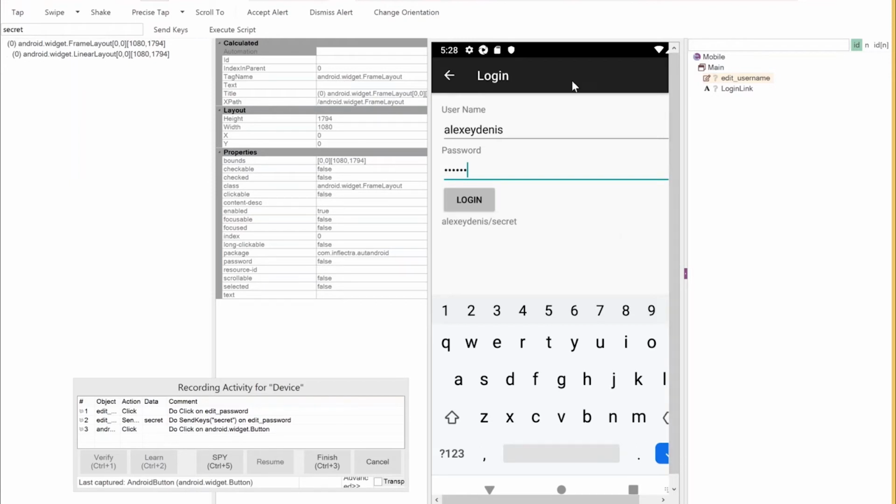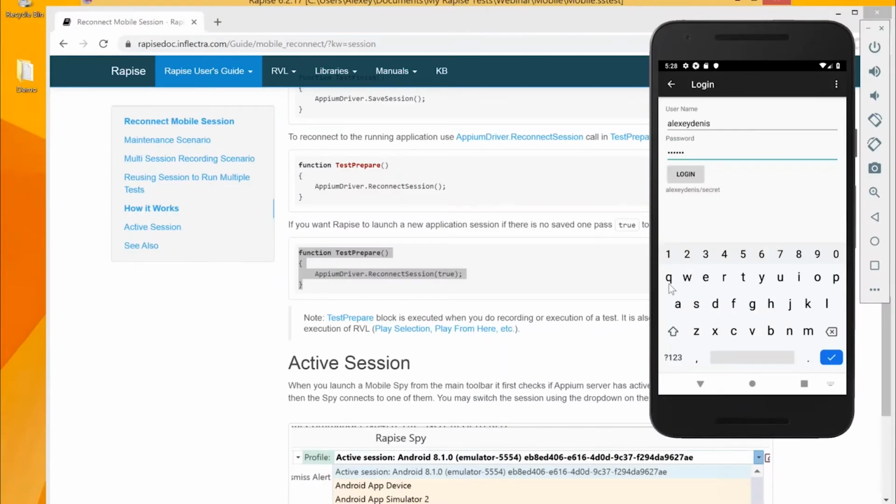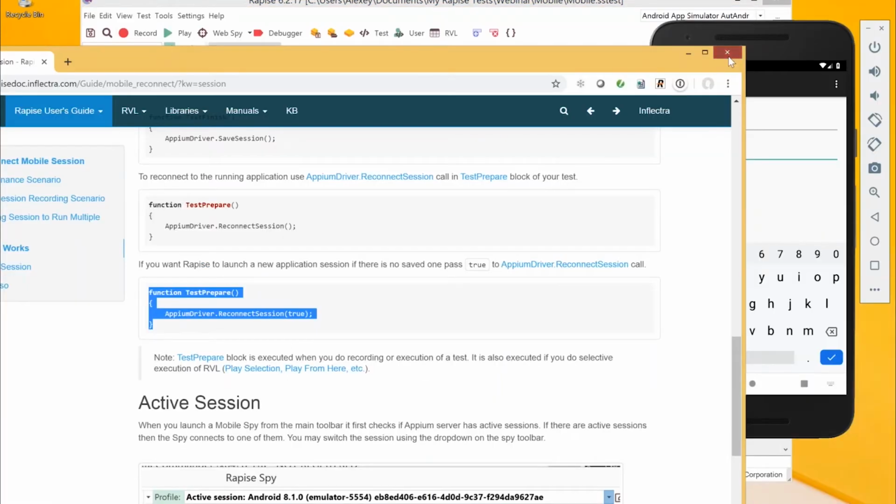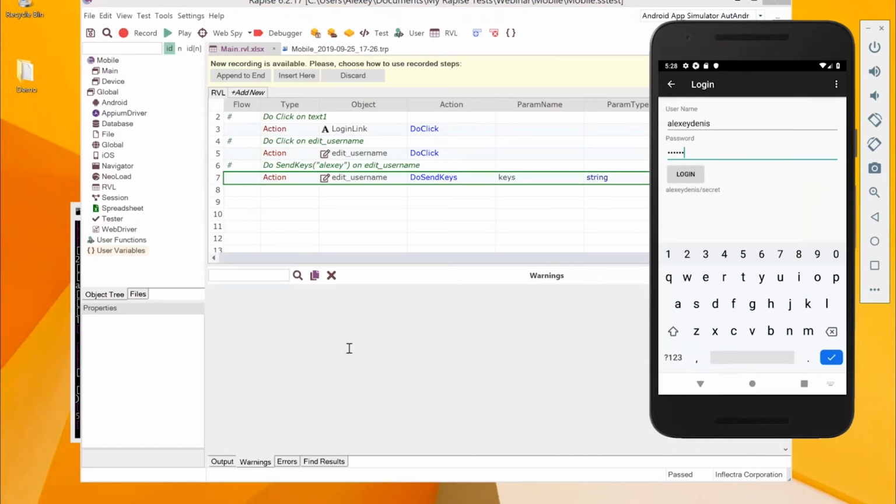Probably the final step is to return to the initial state. Again, I may do it right now, or let me finish recording. For example, I forgot to do this. My application is in this state, and the test is stuck because something is missing. I may again